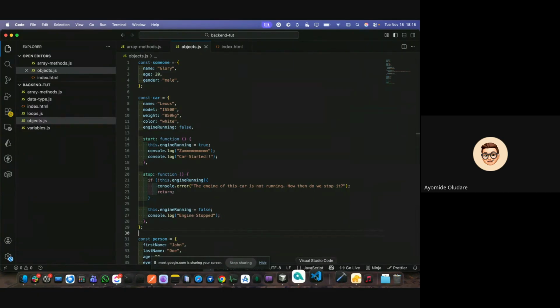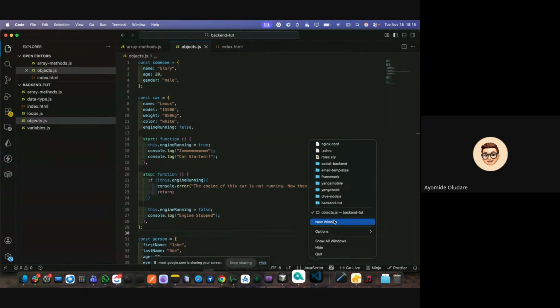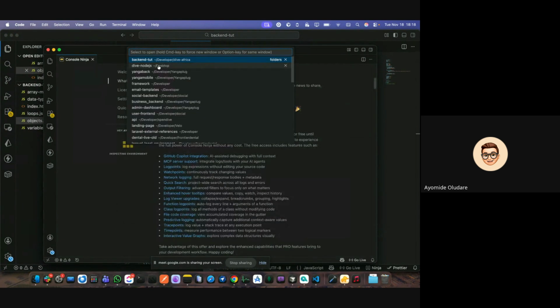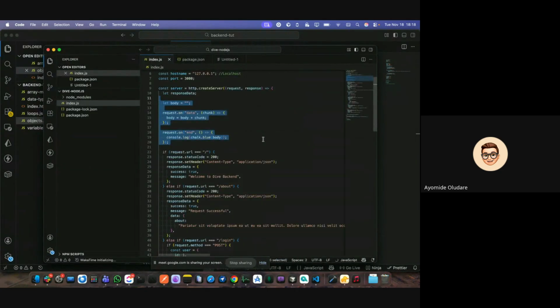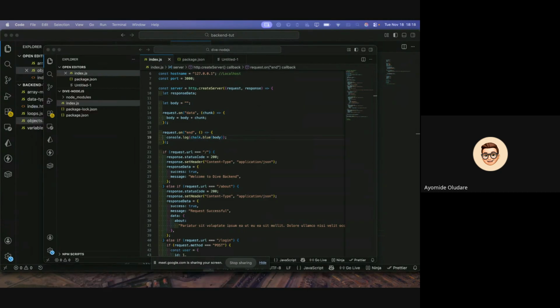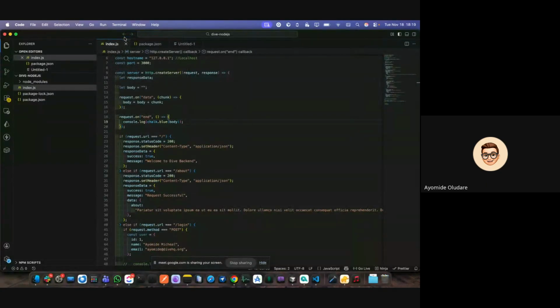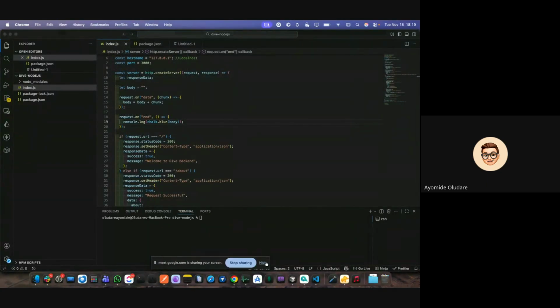I don't think it's this one. So we started JS on the backend side, and we were able to create our first server, which we did